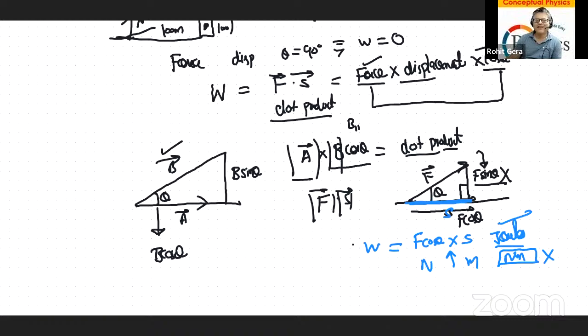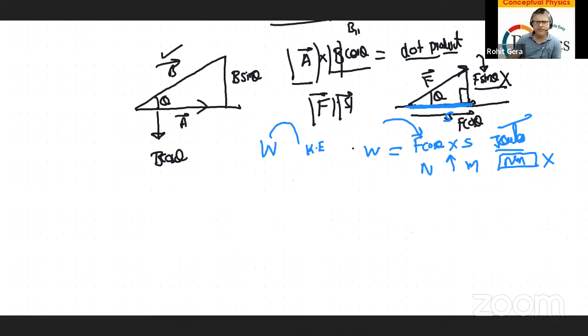And work will finally result in, you will see, because there is a constant force involved, you are going to accelerate the body and its velocity will continuously increase, and therefore the work will get converted into kinetic energy. This is the way it gets converted into kinetic energy. But for the time being, the main point you have to understand is, if you get a question on work